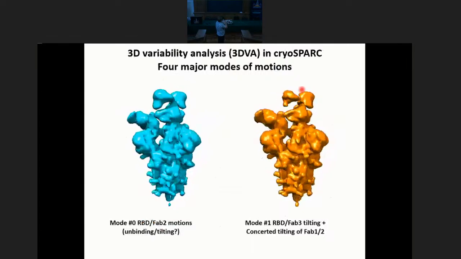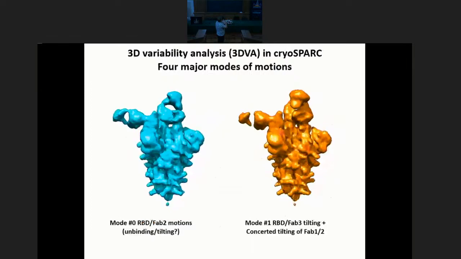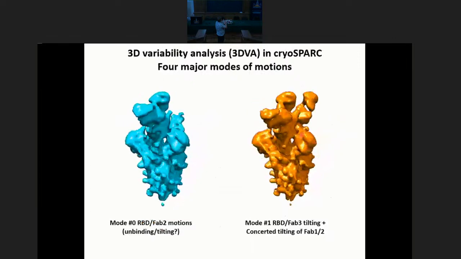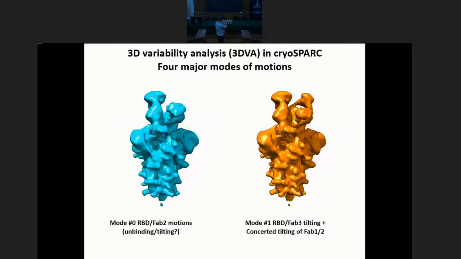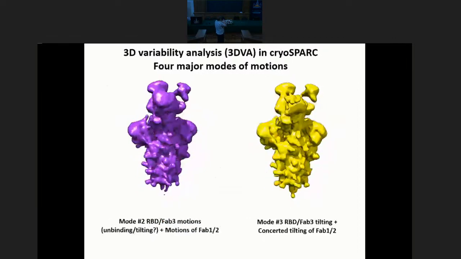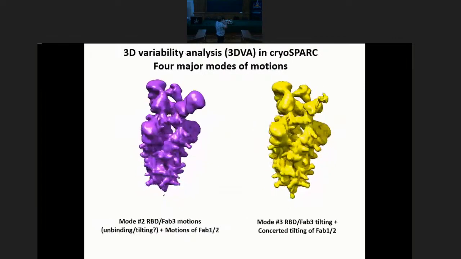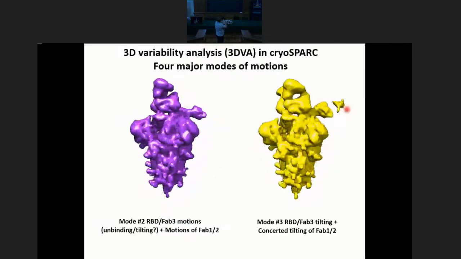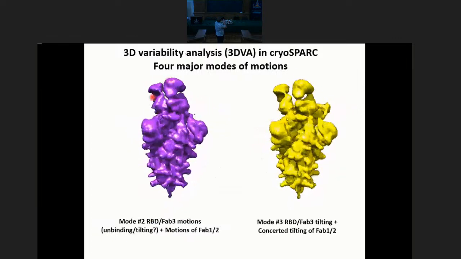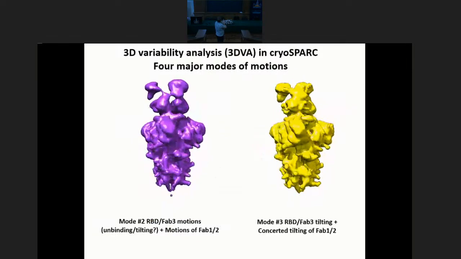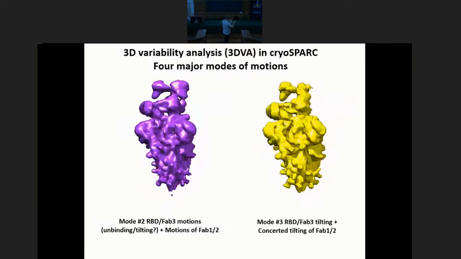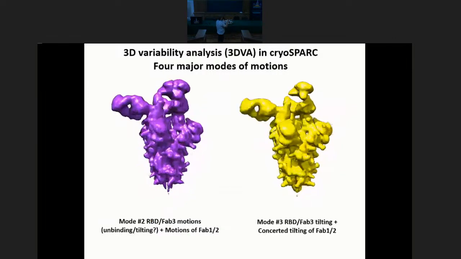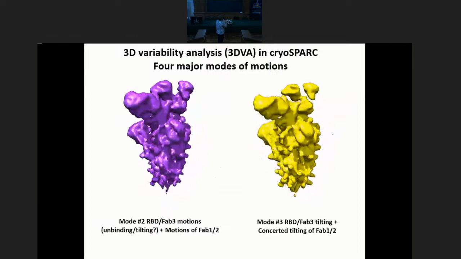You also see concerted motions of these large domains, the N-terminal domains. They are usually determined at low resolution because they are mobile, and they also move synchronously with other motions. If we look at the last 2 modes of motion, we observe that these modes are connected to the movement of the FIB3 fragment, and the other 2 fragments move concertedly but in different directions. So of the 4 modes of motion, 3 modes involve motions of FIB3, and only one mode involves motions of the FIB1 domain.